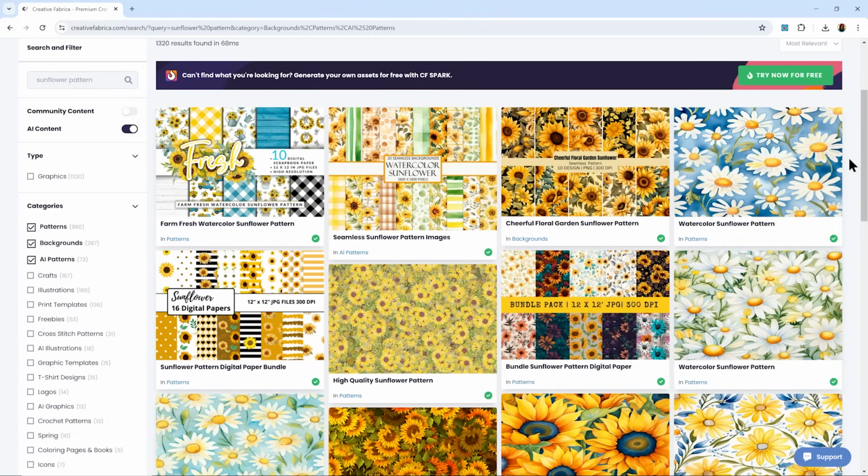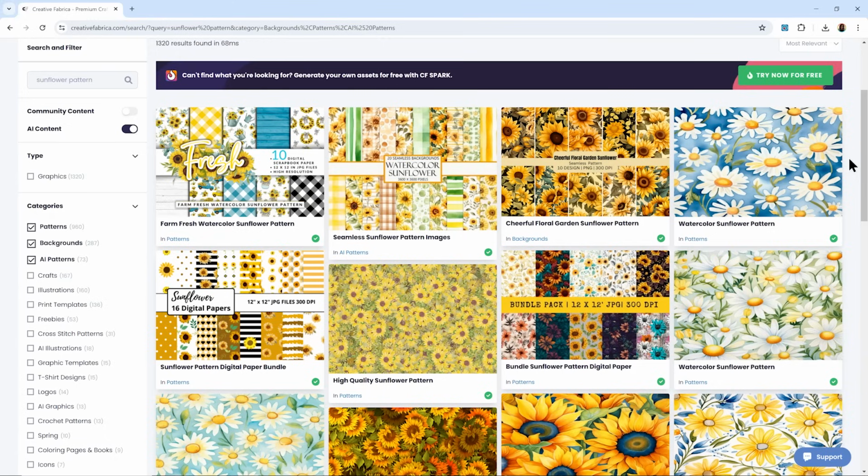You couldn't put two sheets of that paper next to each other and it would look like the pattern is continuing. The other type of pattern is what's called a repeating pattern or a seamless pattern. And this is where you could put two of the squares next to each other and it would end up looking like the pattern is just continuing over both of them. And you can tile as many of those as you want to make a graphic as big as you want with as many different instances of that pattern. I will show you an example of both of those in this video.